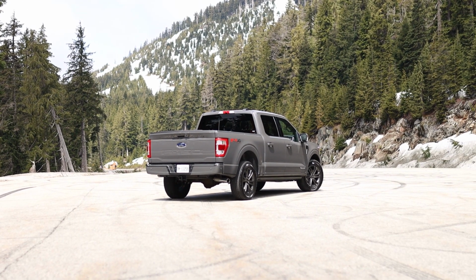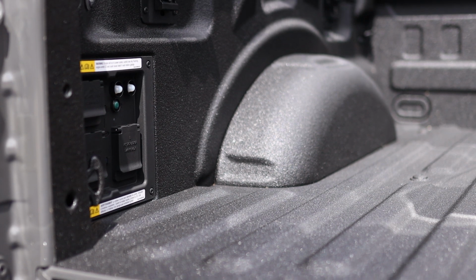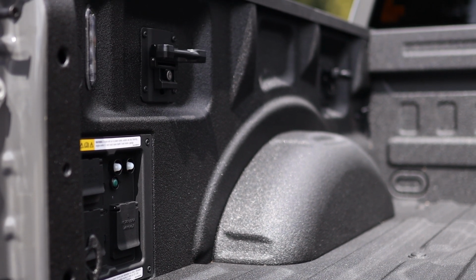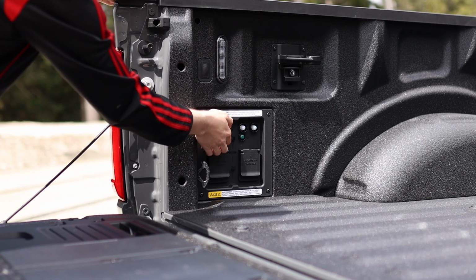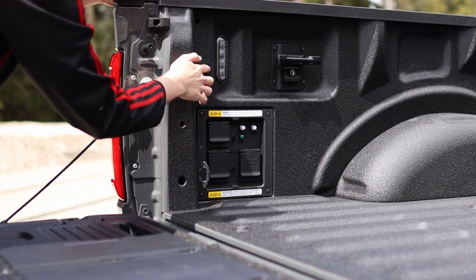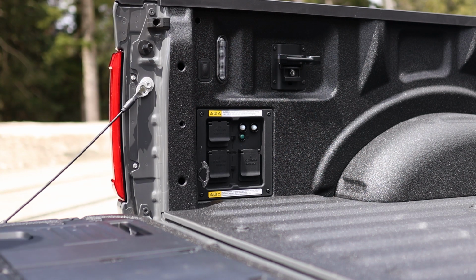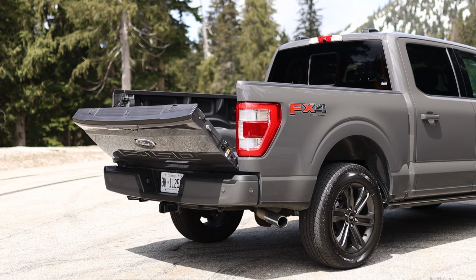pounds of cargo. The F-150 Powerboost is available with a 5.5 foot or 6.5 foot length bed. The big change to the F-150 with the hybrid powertrain is the addition of the onboard power system. You can get it as a 2.4 kilowatt or a 7.2 kilowatt. The first allows for two 120 volt power outlets, while the latter has a 240 volts 30 amp outlet and four 120 volt outlets. So not only can you power a few tools, but also something as big as a